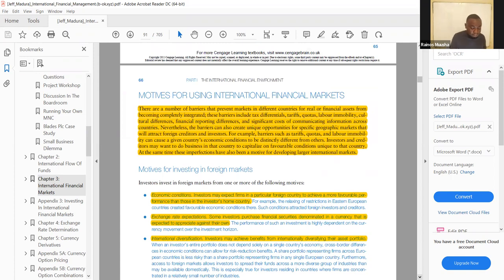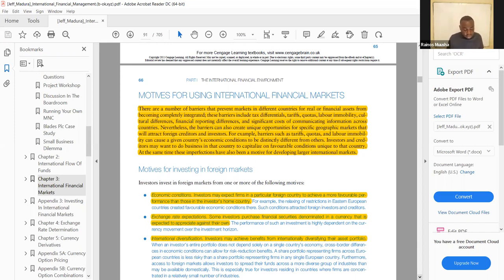So here they say, there are a number of barriers that prevent markets in different countries for real or financial assets from becoming completely integrated. These barriers include tax differentials, tariffs, quotas, labor immobility, cultural differences, financial reporting differences, and significant costs of communicating information